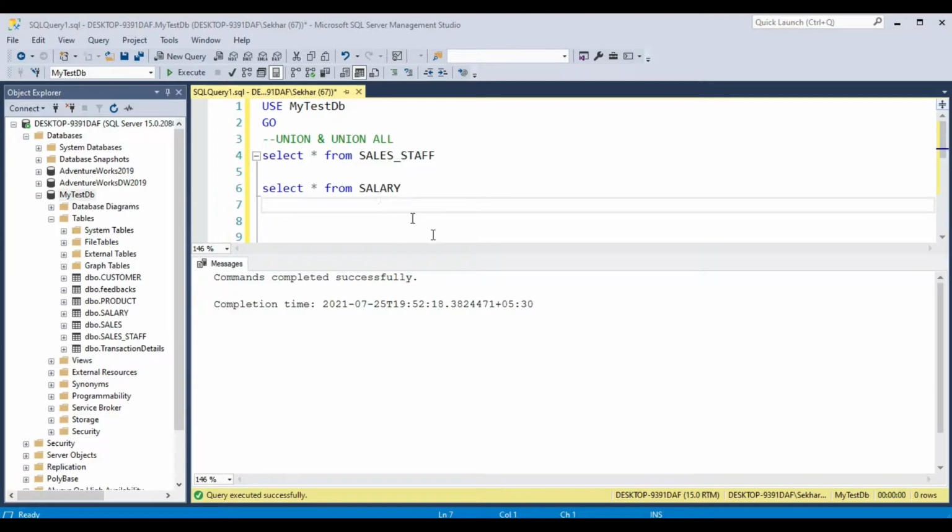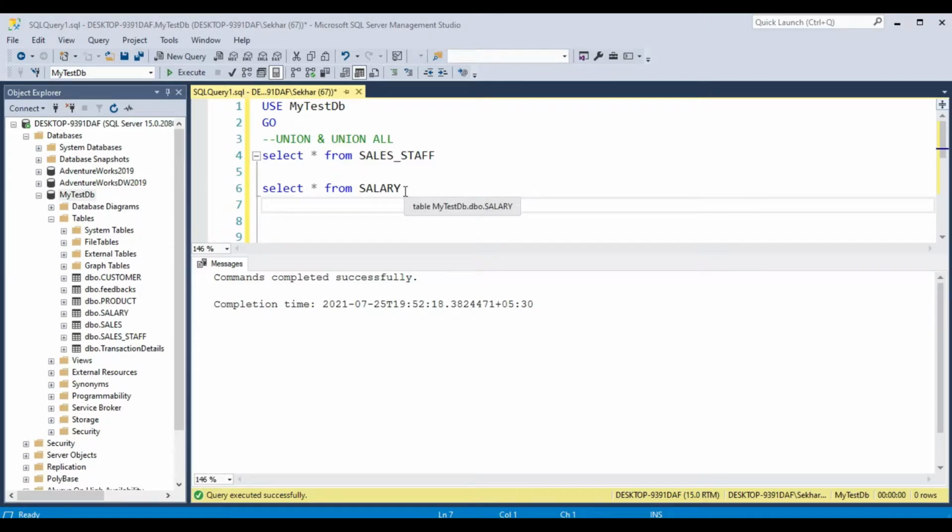First of all, union is one of the set operations that allows you to combine the result of two or more select statements into a single result set, which includes all the rows that belong to the SQL statements in the union. This is the definition of union, and let's understand it in detail.